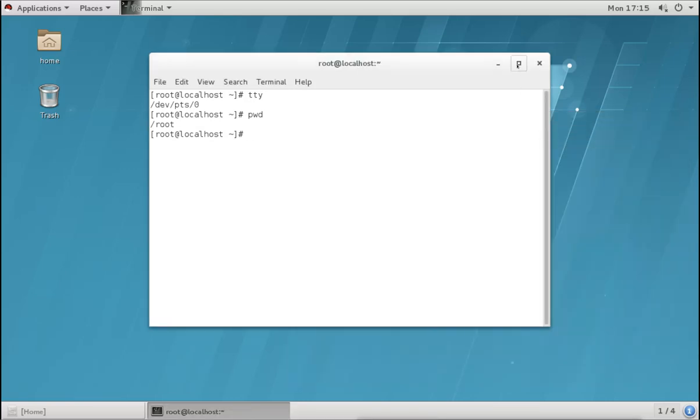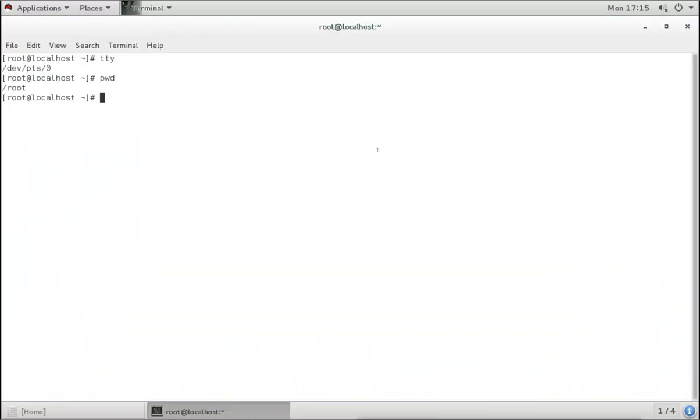Now I will make this full screen. This is a pseudo terminal. The pseudo terminal has other options also, which are graphical options, which do not work on the tty terminals. For example, we can go to full screen here, we can zoom in, zoom out, and go to normal size. The shortcut for zoom in is Ctrl++, for zoom out Ctrl+-, and for normal size Ctrl+0. Because this is a pseudo terminal, we can do this.